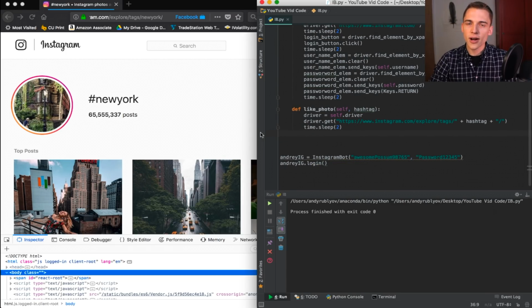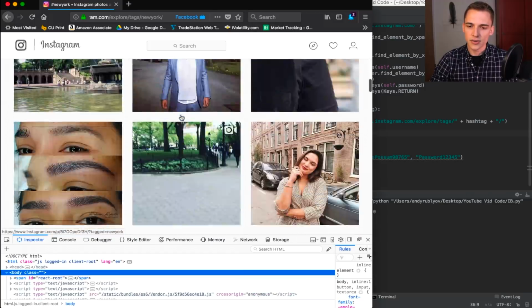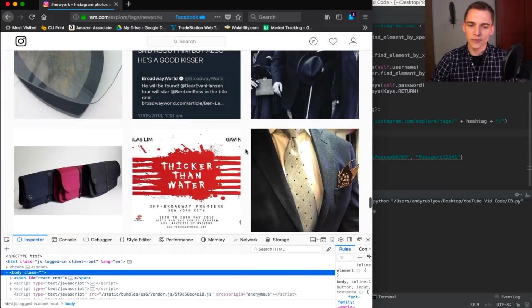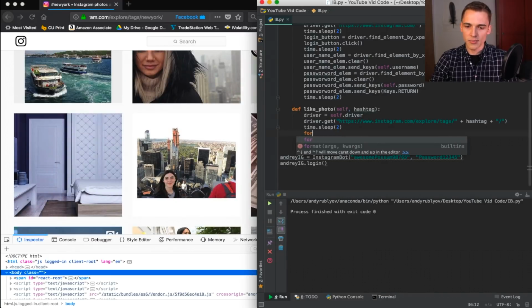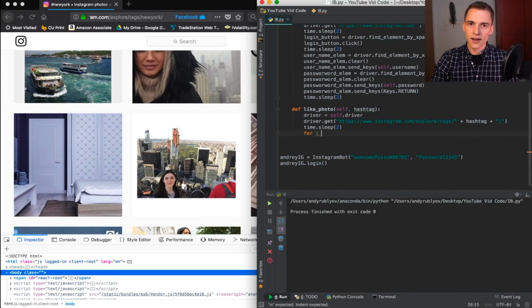So as you know, on Instagram, you do not get the whole web page of pictures altogether. You have to go to Instagram and scroll down in order for Instagram to load more pictures. So in order to simulate that, we're just going to put in a simple for loop and tell our bot to simulate scrolling down the web page before we go ahead and get the URL for each single picture, so our bot will be able to visit those pictures and hit the like button on each one. So to do this, we're just going to type in